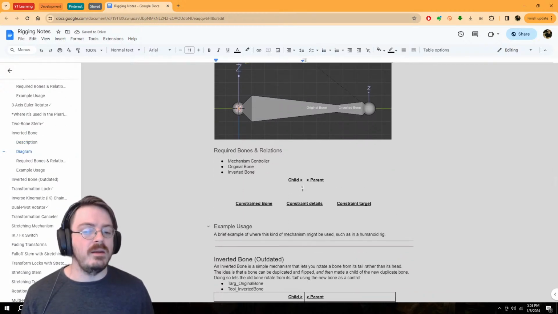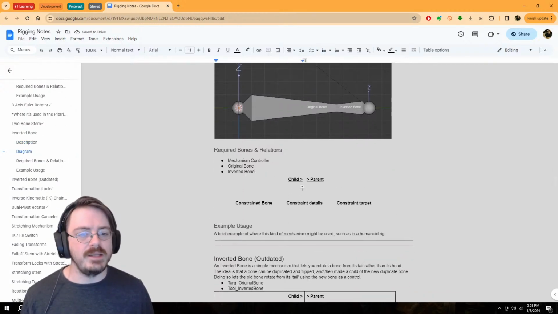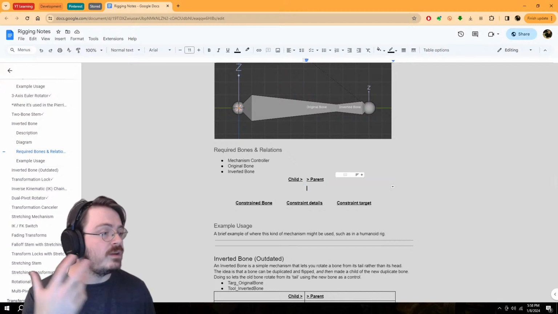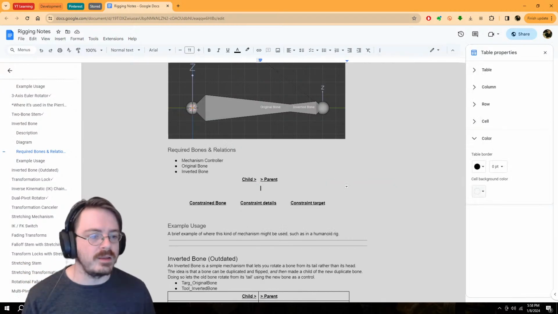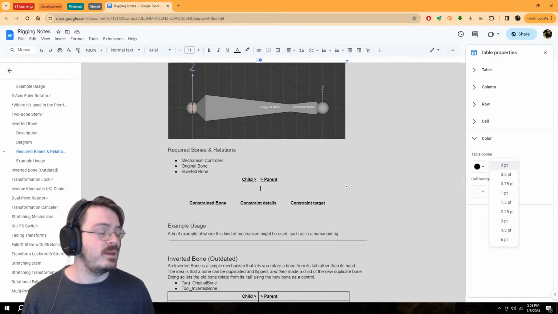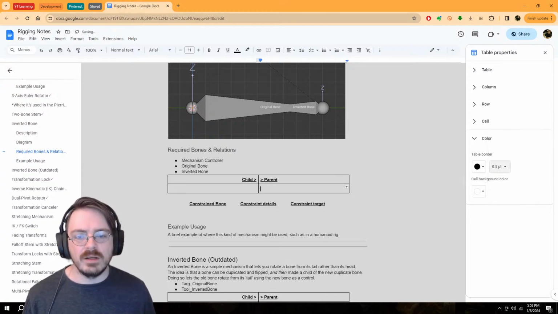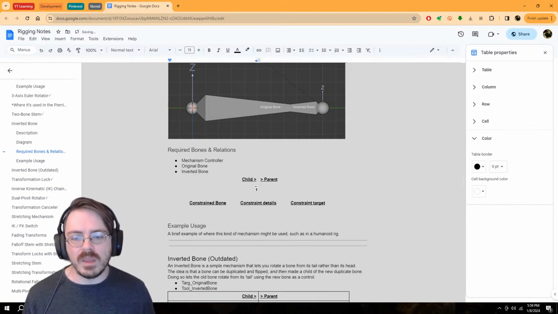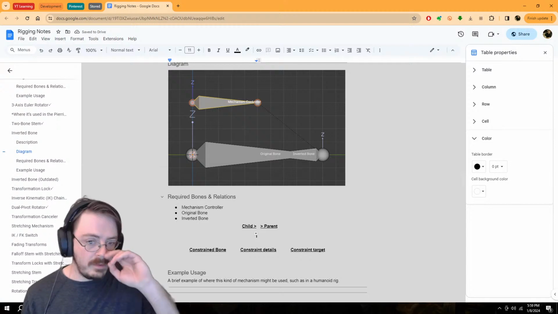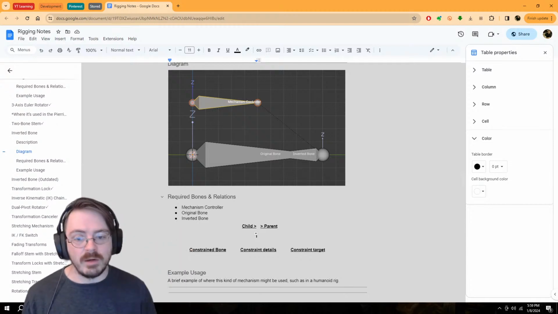And then here in this little section that I have, this is actually a table. And as a fun note, if any of you are using Google Docs or anything like that, you can actually change the table border to something like 0, and that will simply hide the table. So here, that's what we've got. I wonder, can I take it down to just very thin? No. Anyway, so this describes all of the child-parent relationships.